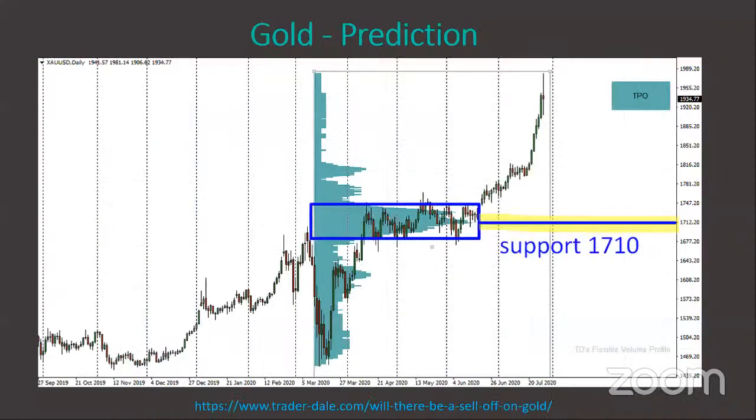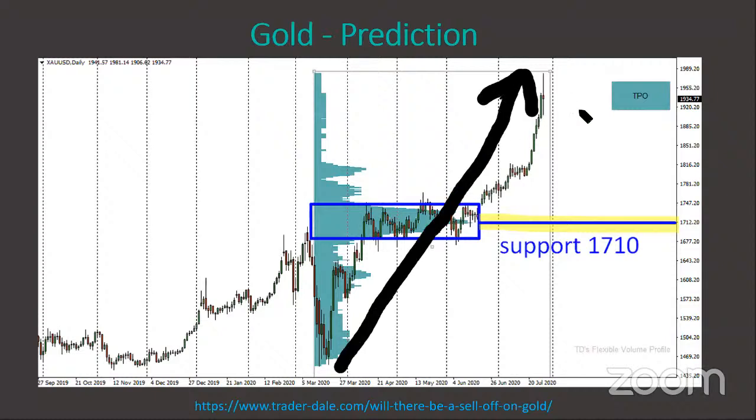And let's go and have a look at another example. This one was on gold. This is a daily chart on gold. And the first thing to notice in here is the uptrend, strong uptrend on gold. It wouldn't be really clever to invest in gold and buy it in here, right?